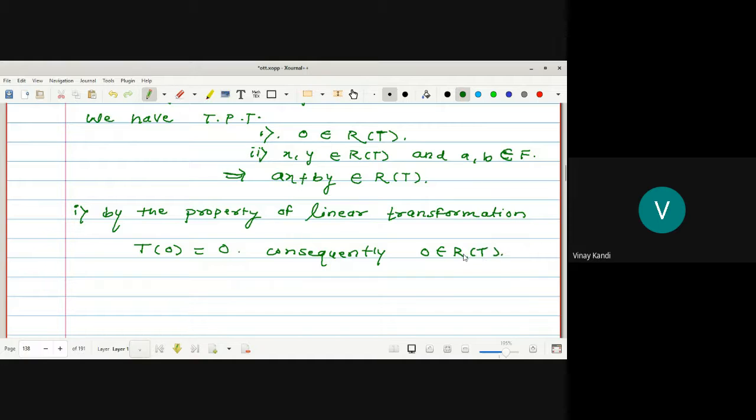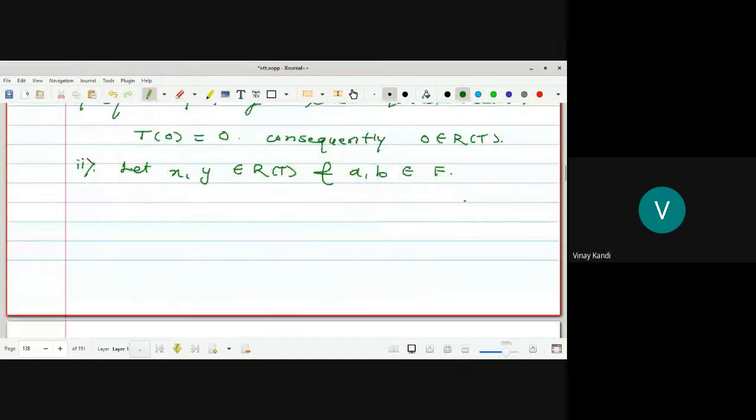Now the second condition. What is the second condition? Let X and Y be two elements belonging to the range space of T, and small a and small b be two elements belonging to capital F. Now we have to prove that AX plus BY belongs to R of T. Suppose this is U. This is R of T. So here X and Y are there,